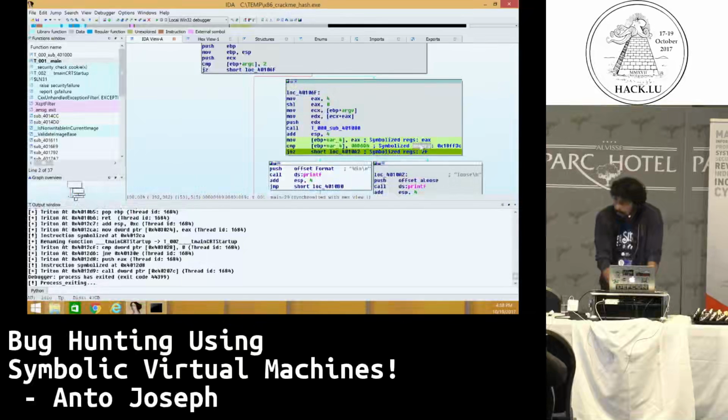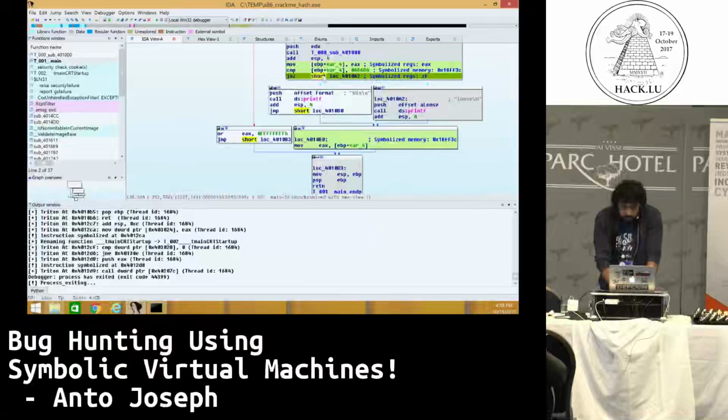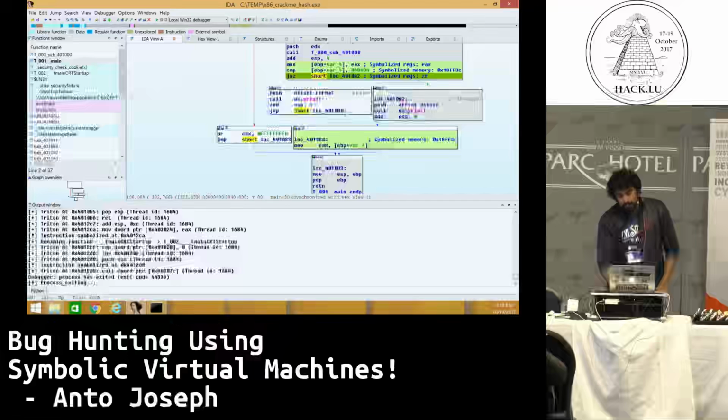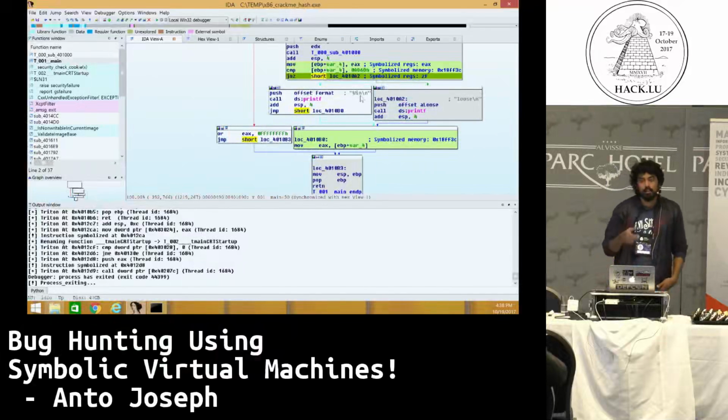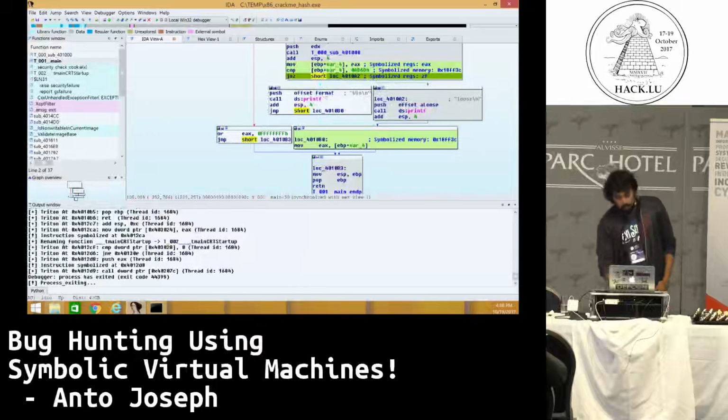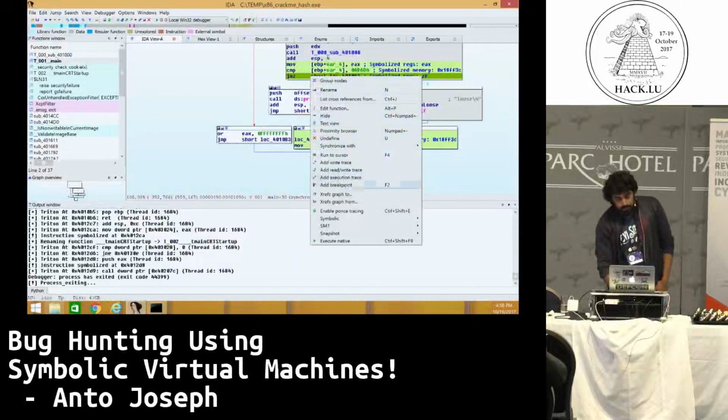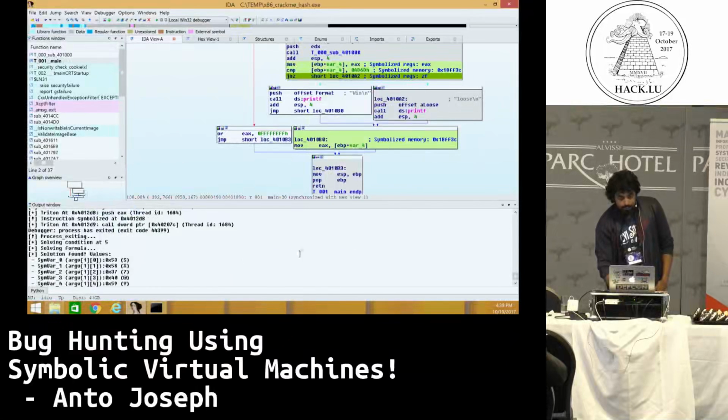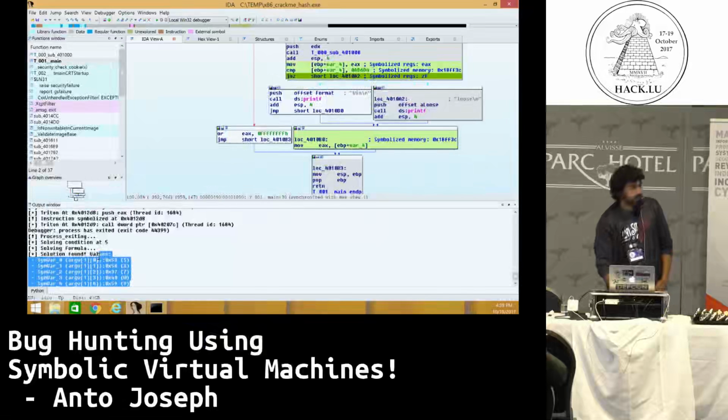This memory has been tainted by the specific input, and this is the jump that one has to take. If you can take that particular jump, you can get to the win condition, but then you don't know what input you have to give to this binary to take that jump. So you basically right-click on it, use SMT, solve formula, click on it, and it prints you the solution right here.